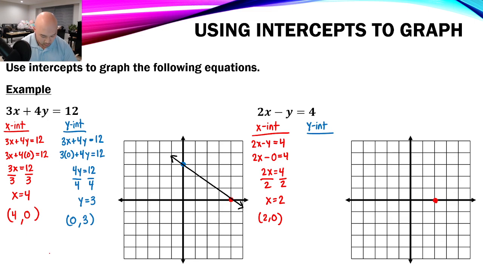And then we'll do the same thing with the y-intercept. Your y-intercept is when your x value is 0 this time. So here's my original equation. We're going to make sure our x value is 0. 2 times 0 is just 0, so we're going to end up with negative y. Don't forget that negative. I know a lot of you forget those negatives. You got to carry that sign with you, okay? Negative y is equal to 4, and then to get that y by itself, there is a number in front